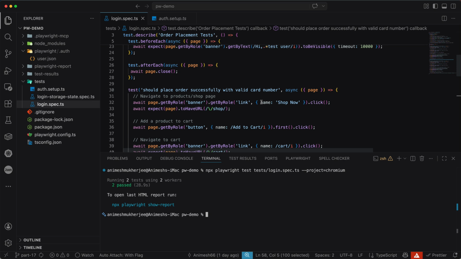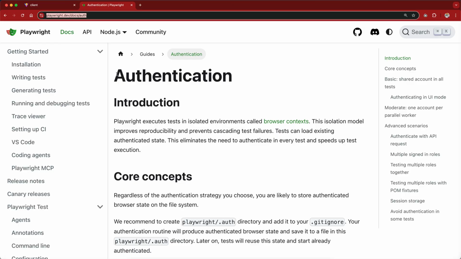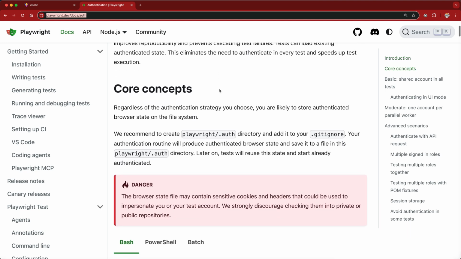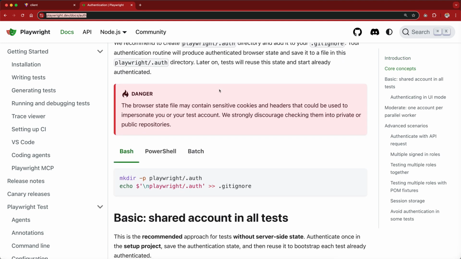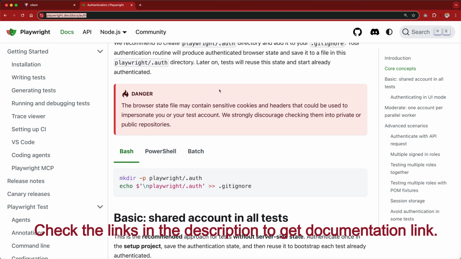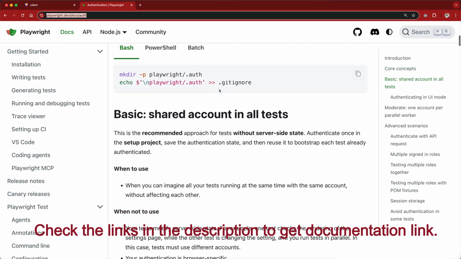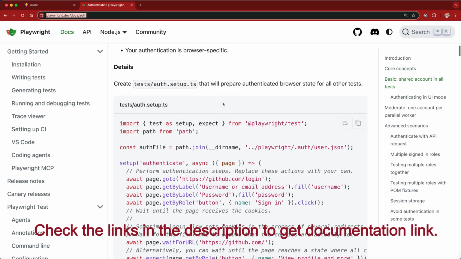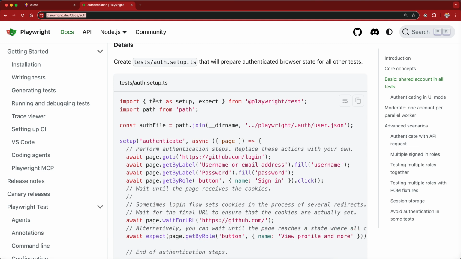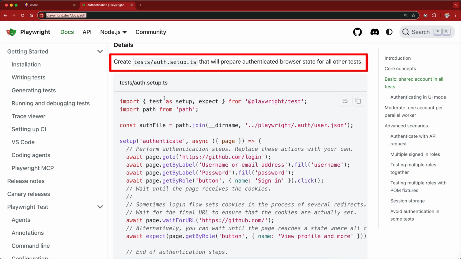But this is what actually solved using storage state. If you go to the Playwright documentation in authentication, you will see the core concept of authentication is to avoid multiple sign-in using the sign-in state. So as per the documentation, what we can do is we can create an auth.setup.ts file where what we